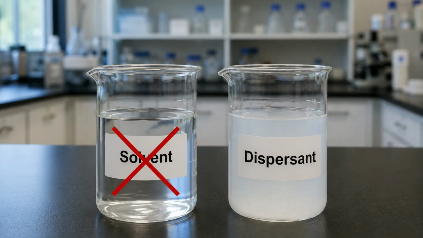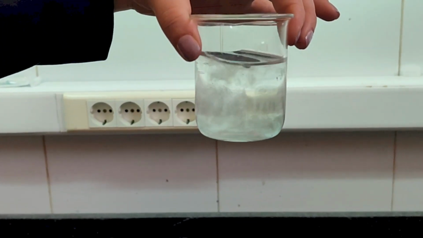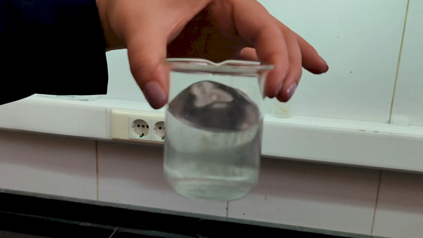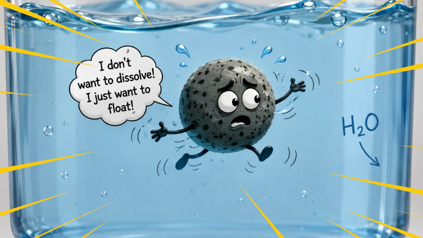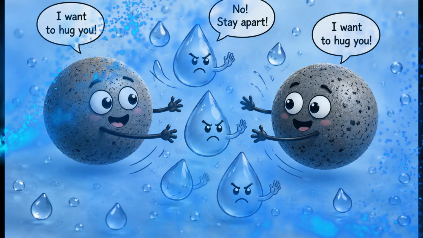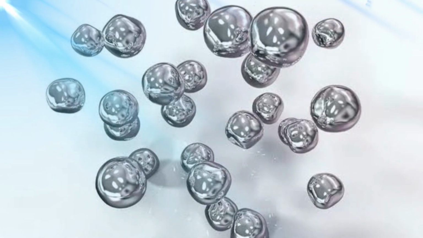You might see people refer to these as solvents, but in the context of TEM preparation, the term dispersant is far more accurate. The goal is not to dissolve your powder, which would destroy the morphology you intend to study, but rather to create a stable suspension. Think of it like sand particles suspended in water. The medium simply acts as a vehicle to separate the particles. By achieving a uniform suspension, you significantly increase the probability of observing isolated, individual nanoparticles on the grid once the